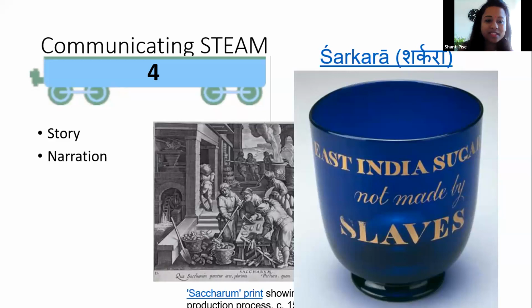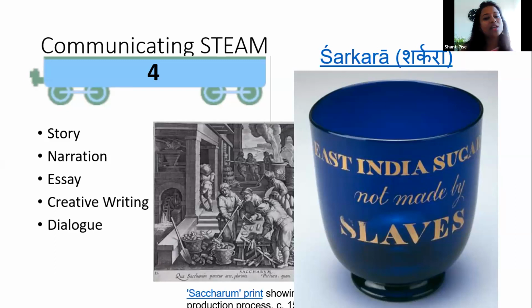Yeah, you can ask the student to write an essay, or you can also tell them to do creative writing or write a dialogue. ऐसे क्या dialogue होता होगा उस टाइम में शुगर के बारे में. ऐसे कुछ creative writing हम हमारे बच्चों को बोल सकते हैं. You can also show solubility with arts, role play and all. Yes, you can do that, but